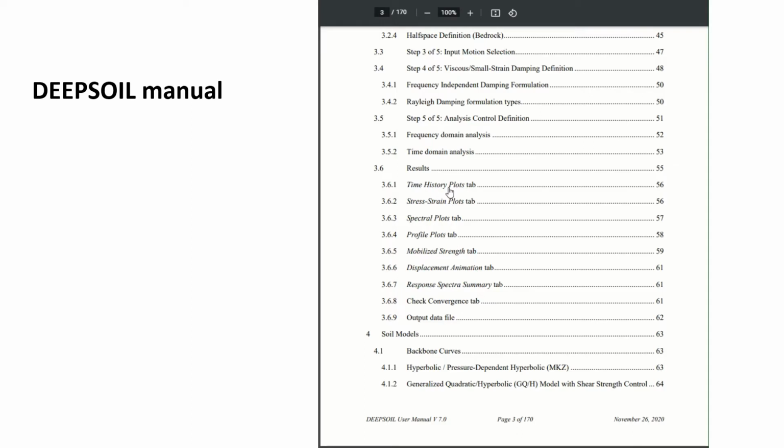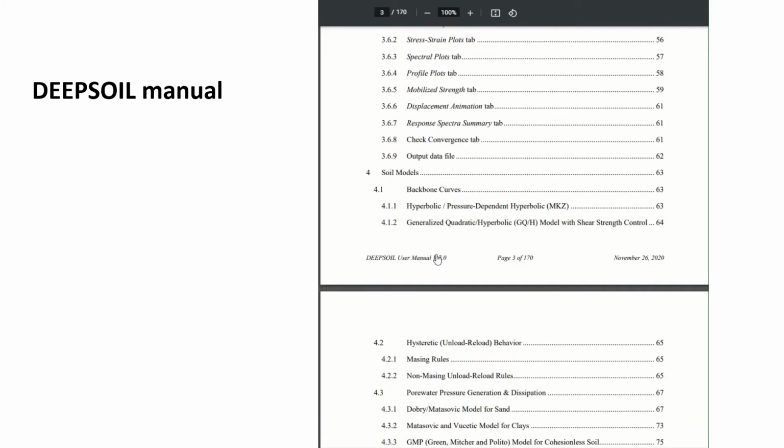You know about time history, you know about stress-strain behavior, the hysteretic loop associated with the dynamic properties of the soil, and spectral plots, you also know them. Maybe displacement animation or mobilized strength is new to you, so that's why I recommend you take a look at them and see how they work and how they function. The fourth